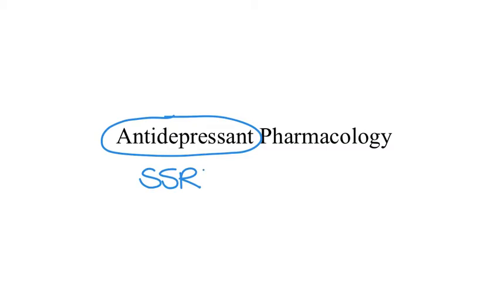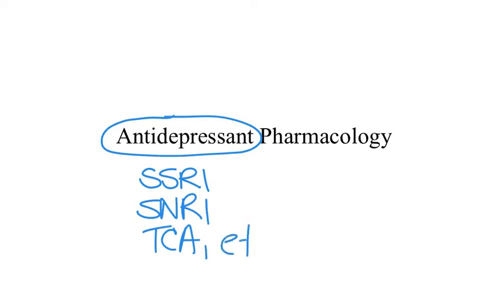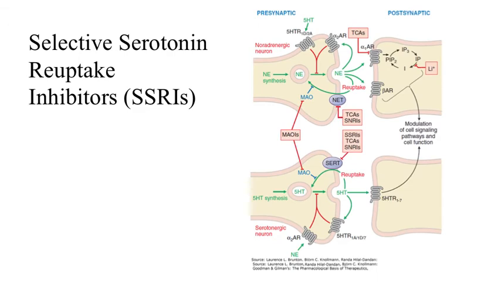This video will cover the basic and clinical pharmacology of the antidepressant drugs. These include the primary antidepressant drug classes of SSRI, SNRI, TCA, MAOIs, as well as miscellaneous agents. First, I will talk about the selective serotonin reuptake inhibitors, or SSRIs, which in general are the mainstay of depression